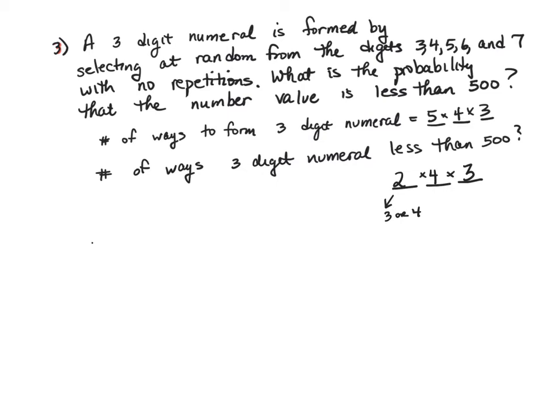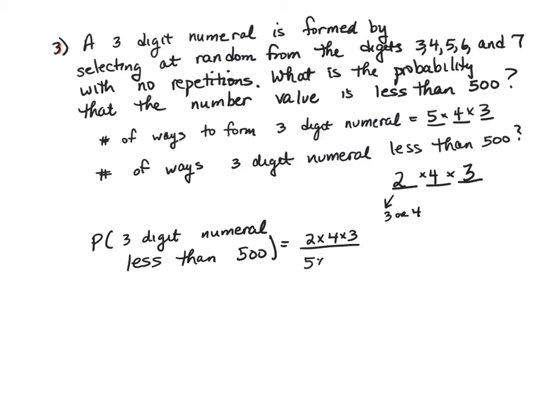So the probability that the 3-digit numeral is less than 500 would be the quotient of the two: the number of ways that we could get a 3-digit numeral less than 500, divided by the total number of ways to get a 3-digit number. And if you look at that carefully, the answer is just 2 out of 5. Okay. I think this would be the easiest way to do it,